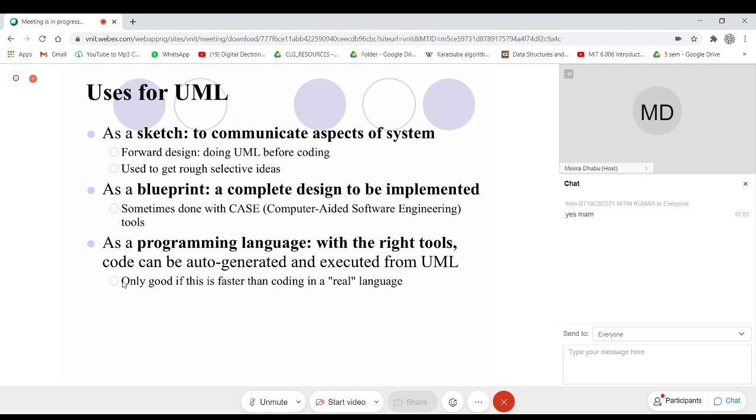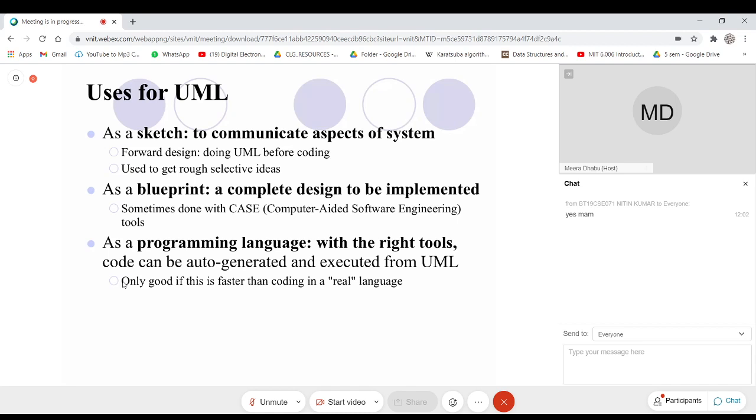Sometimes, if the software solution which requires to be developed is not very large, then one can go for only the selective development of UML, and not the complete one. As I mentioned repeatedly, it is used as a blueprint, a complete design to be implemented.